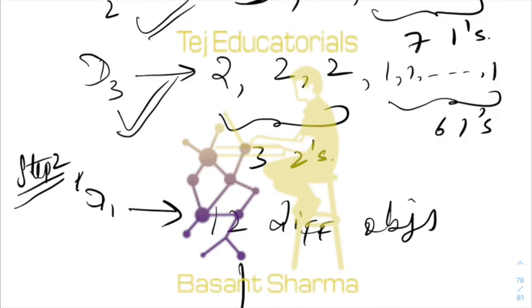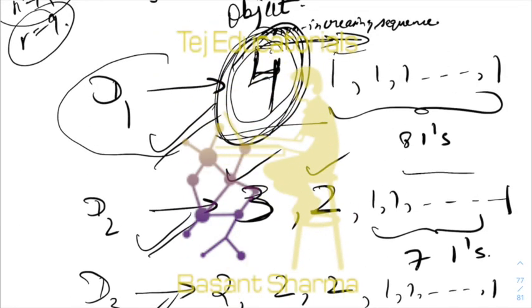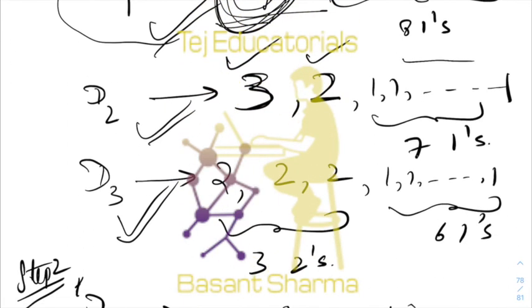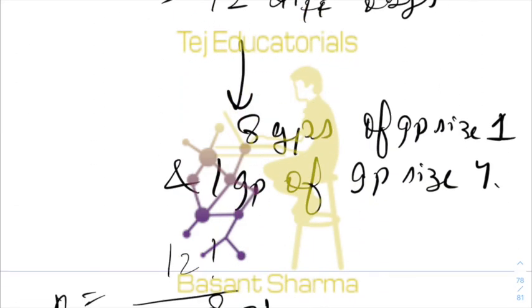After we have done this, now we need to see which 4 objects will form the group. For example, in case of D1, I said that you can form a group such that 1 group is of size 4 and 8 groups are of group size 1. But which 4 objects will form this group of size 4, and which 8 objects will form the groups of size 1 each? That is also important, and that is exactly the problem of grouping. Similarly, corresponding to D2, which 3 objects will form this group and which 2 objects will form this group? That is taken care of by step 2, which is grouping.